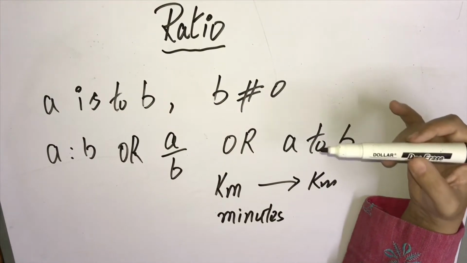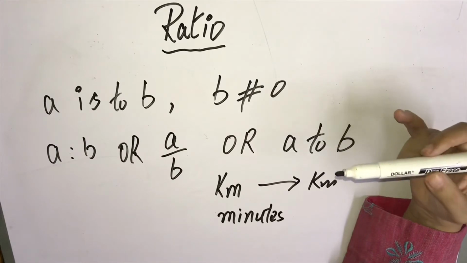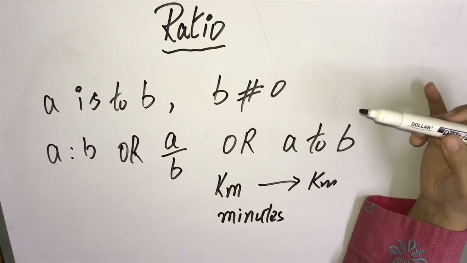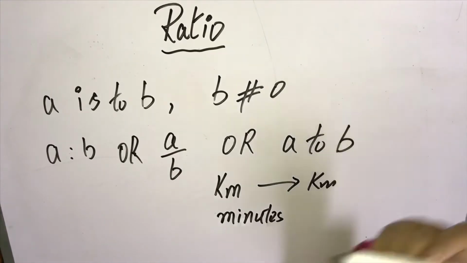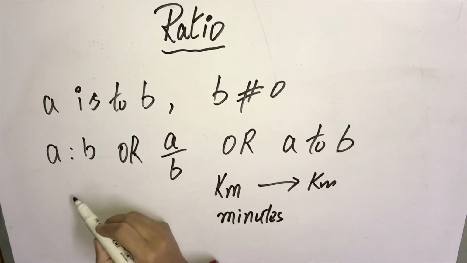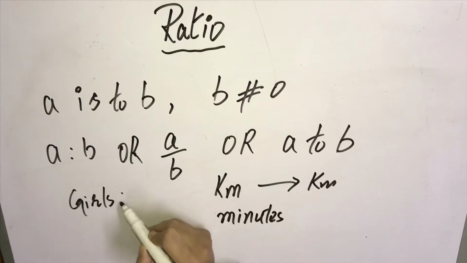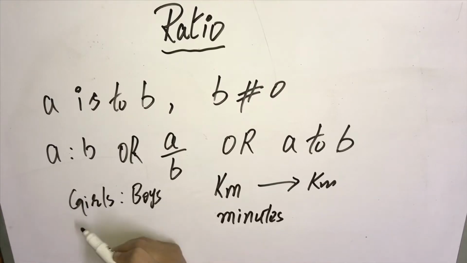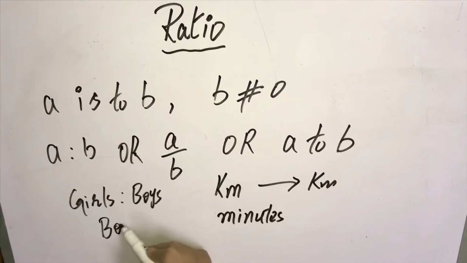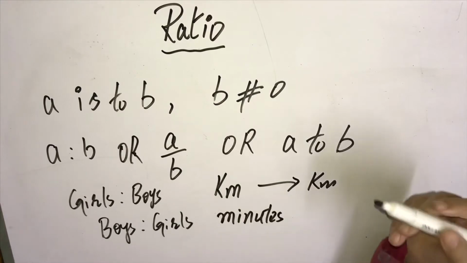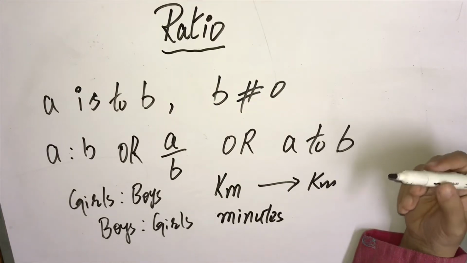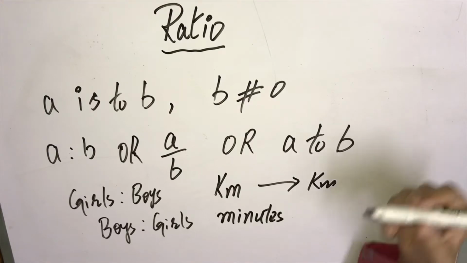The third thing which is very important in ratio is that we have to maintain its order. The first quantity will be written first and the second quantity will be written later. For example, if we have A ratio B, and if A is girls and B is boys, we shall always write girls first and boys later. If boys are required at the start, we will write boys ratio girls. We cannot change their order. So it's an arrangement, a comparison of like quantities measured in like units or same units.